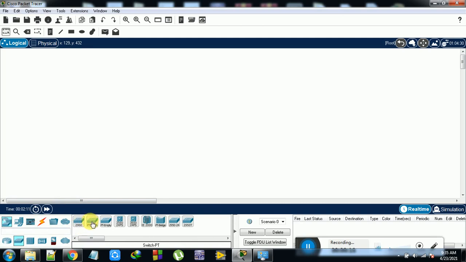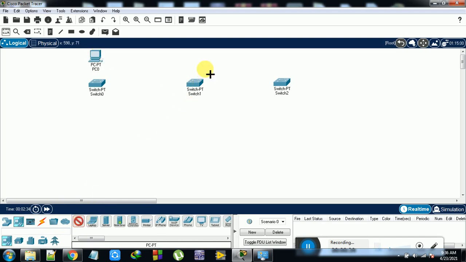In this case I am taking some switches. Already you know, 1, 2 and 3 switches I am taking. These 3 switches are going to connect to a bus system. We know how to communicate with the bus; previously we did this experiment. So there are 3 different switches connected in a bus topology.